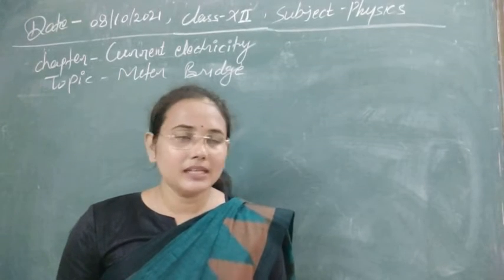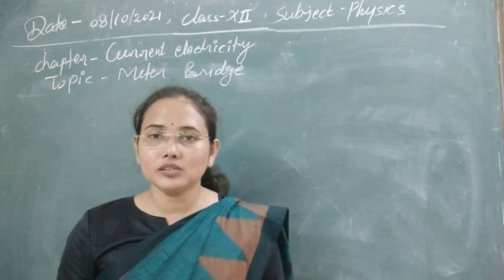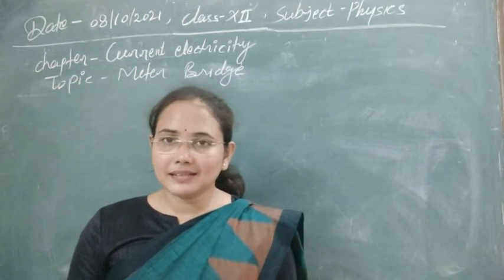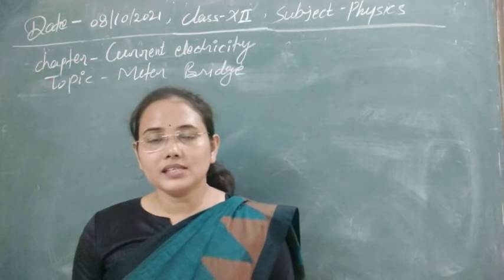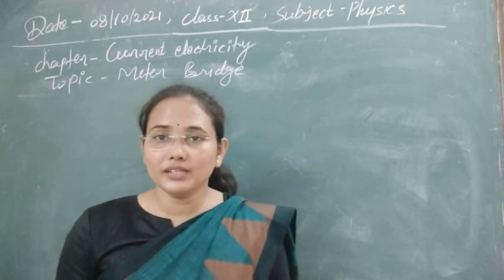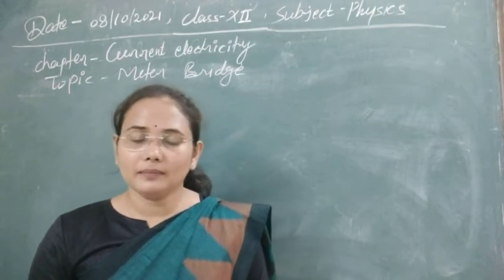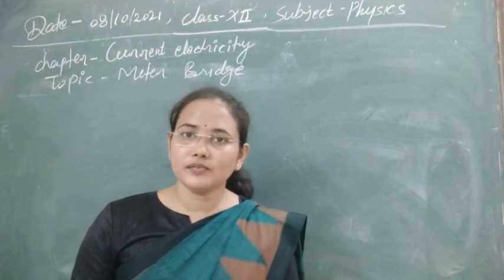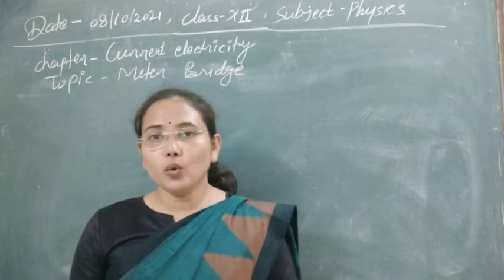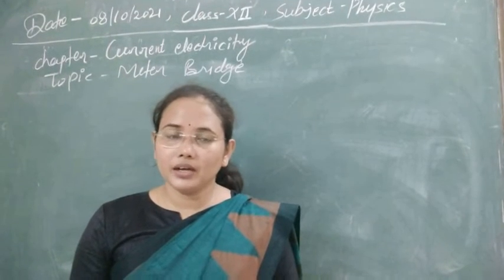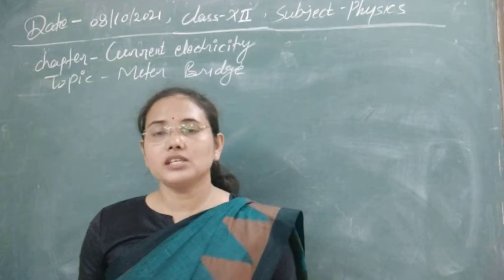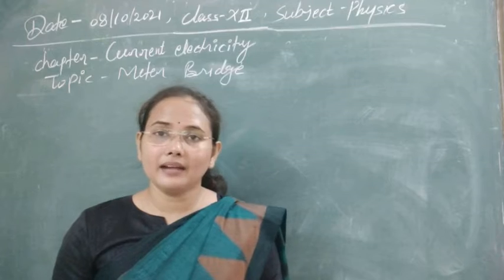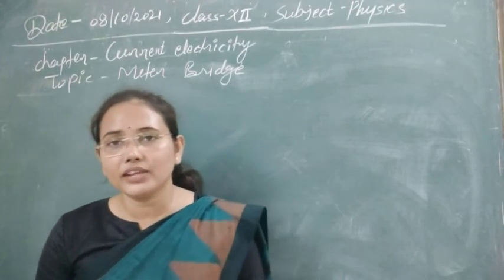So meter bridge, first its purpose to use in laboratory is to determine the value of unknown resistance. Second, by measuring the unknown resistance, we can easily measure the value of resistivity of that material, and we can also verify the law of combination of resistors from here. Next, we can verify Ohm's law from here. Also we can use Ohm's law with the meter bridge to determine the value of unknown resistance. So these all are examples and applications of meter bridge where we are using it.